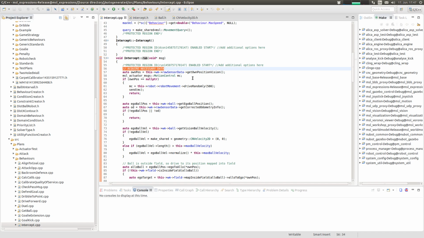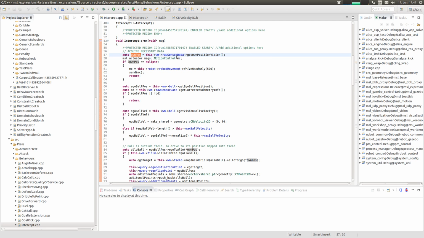So in this case we need our own position, and if we don't get it, don't make any experiments, just return immediately. Or in this case we drive 50 centimeters randomly around because we try to relocalize ourselves, moving away from this dead spot we are currently sitting on with the robot. But the more clever method is to just return and don't do anything in a behavior where you don't know where you are, at least in RoboCup